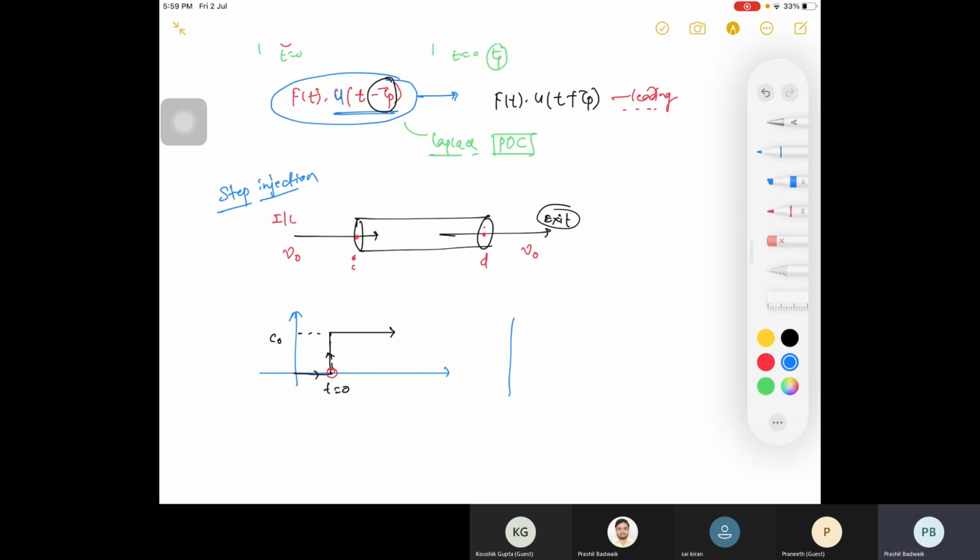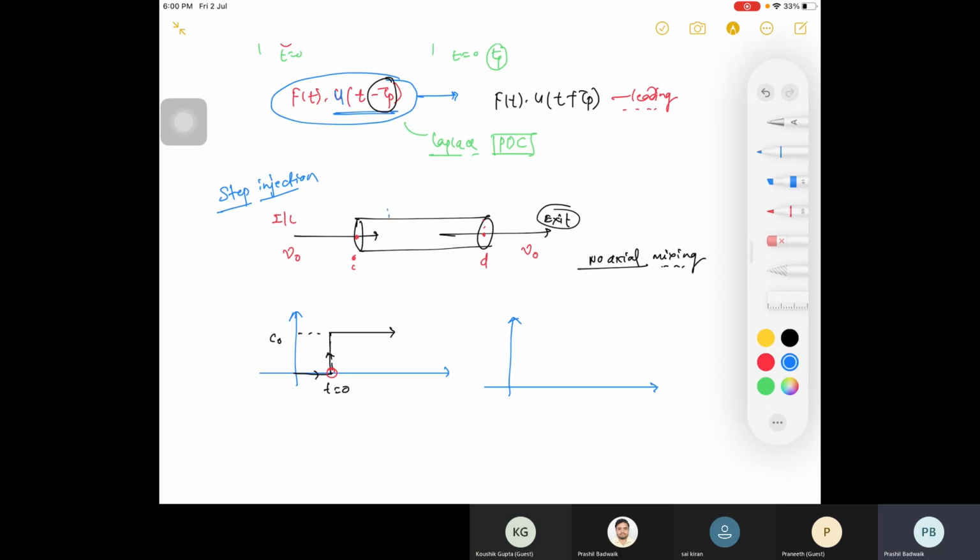Then what will be your profile at the exit? You know there is no axial mixing. So what happens? You rightly said in yesterday's class. Please tell. There is no axial mixing. Sir, it's the same, but starts at t equal to tau p. Right. So you will have the same profile at the exit as it is.